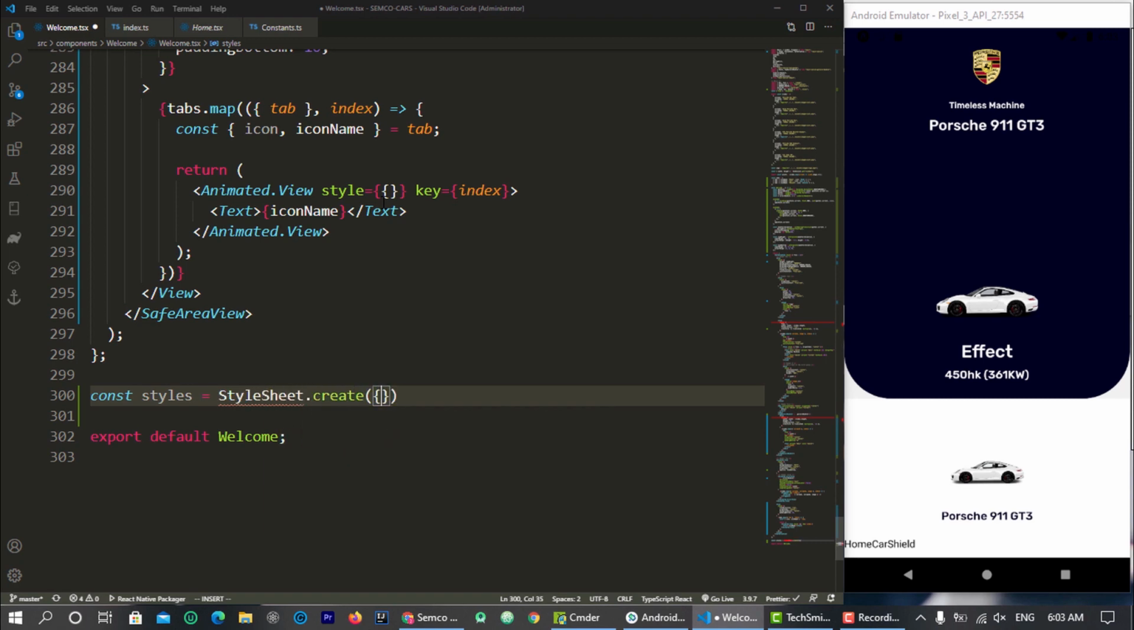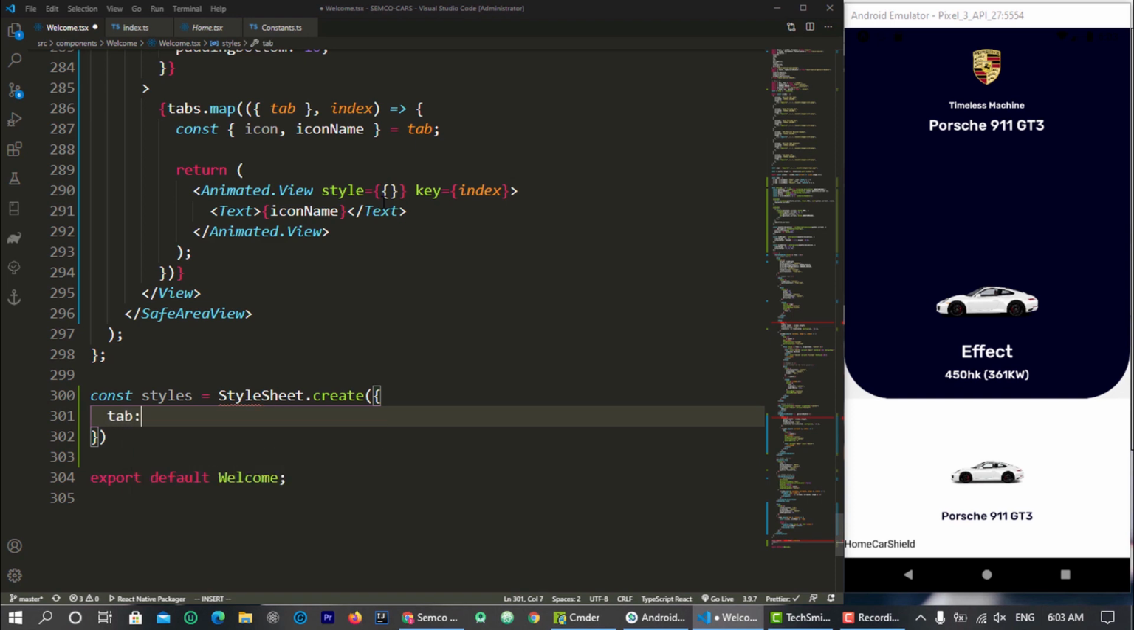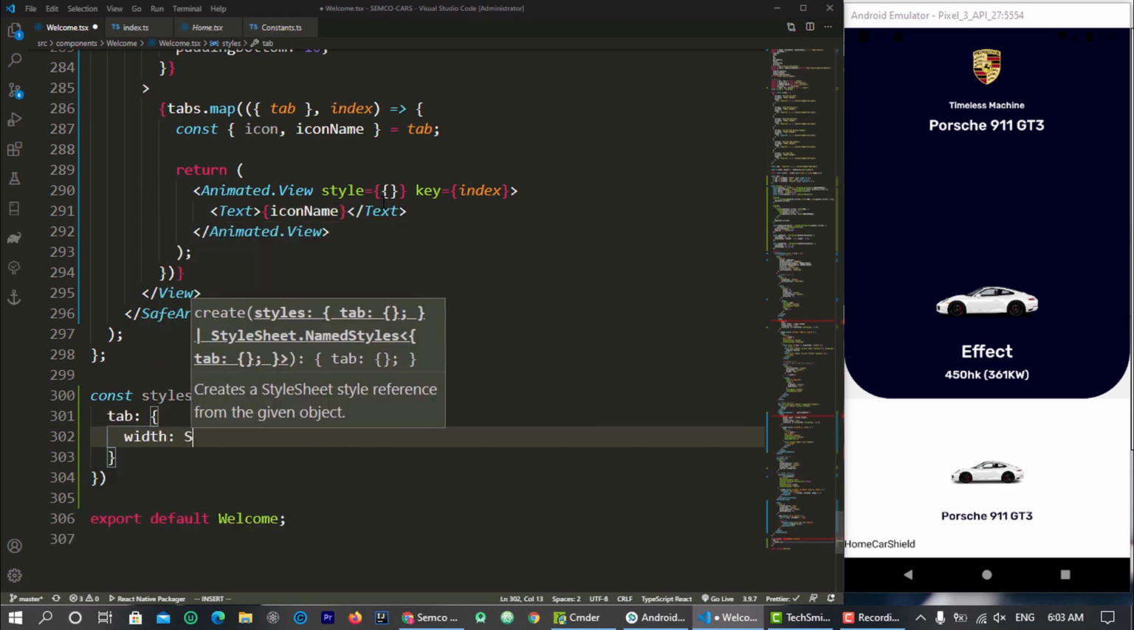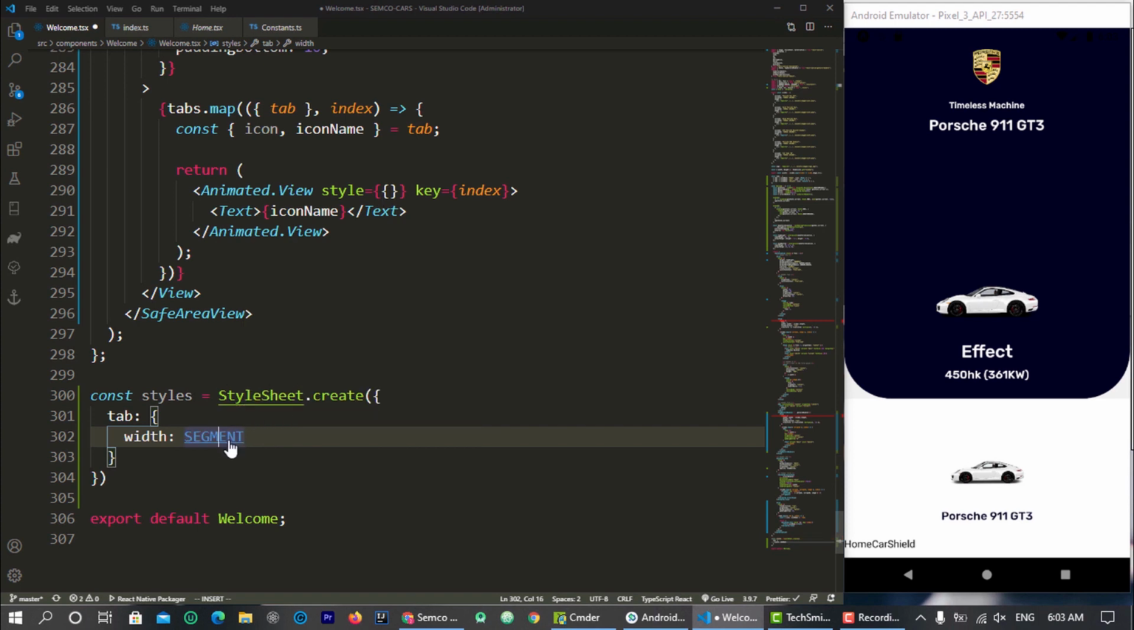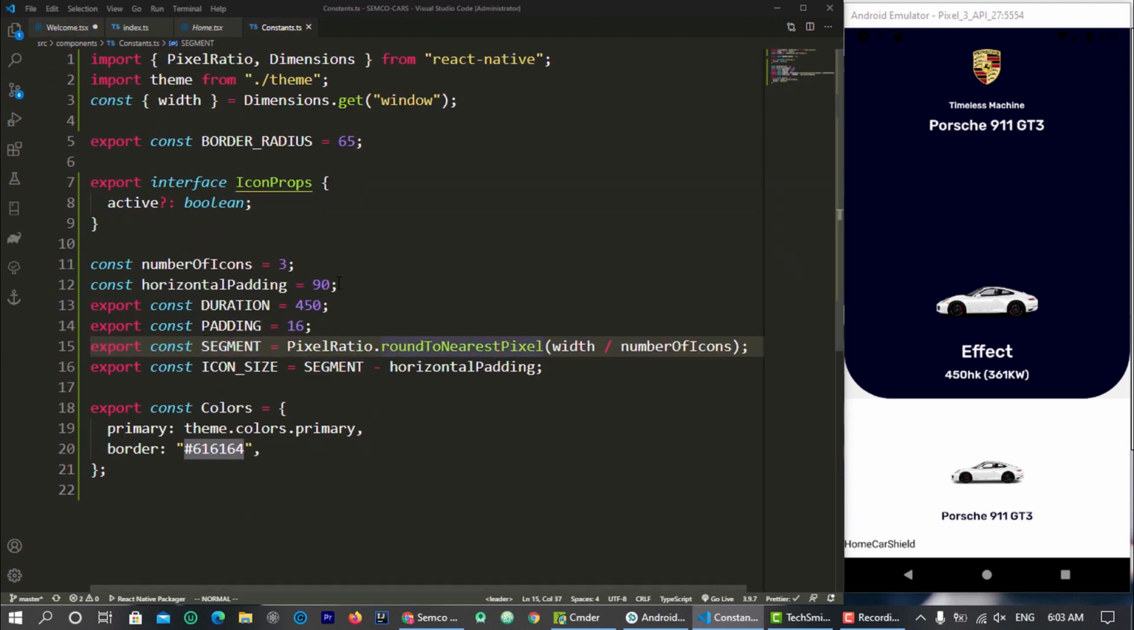Then for the tab, we're going to have the width. The width is coming from our segment, so let's go back and check that segment. Like I say, the segment is going to take the screen width that we have and divide it by the number of icons. So for it to perfectly fit here, we can do these two things correctly, but